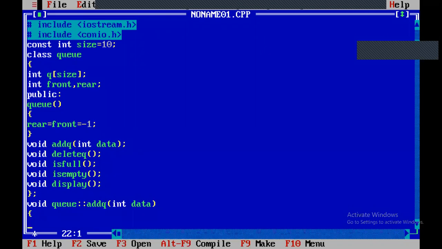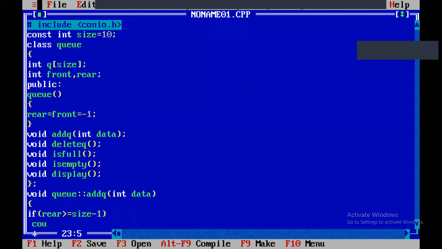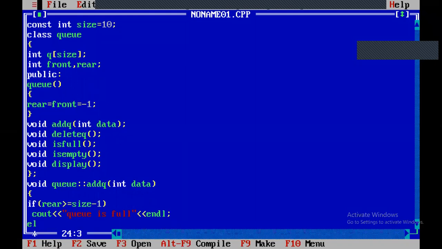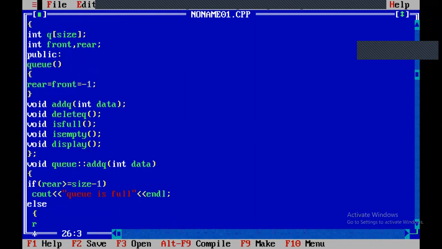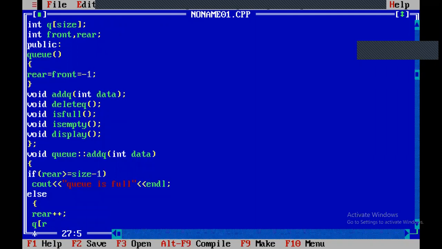When can we insert the value, and when can we not? If rear is greater than or equal to size - 1, cout queue is full. Else rear++, q of rear equals data.